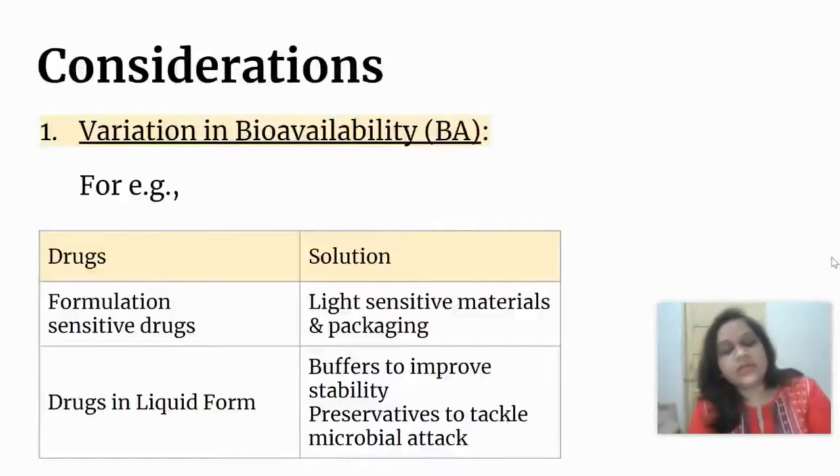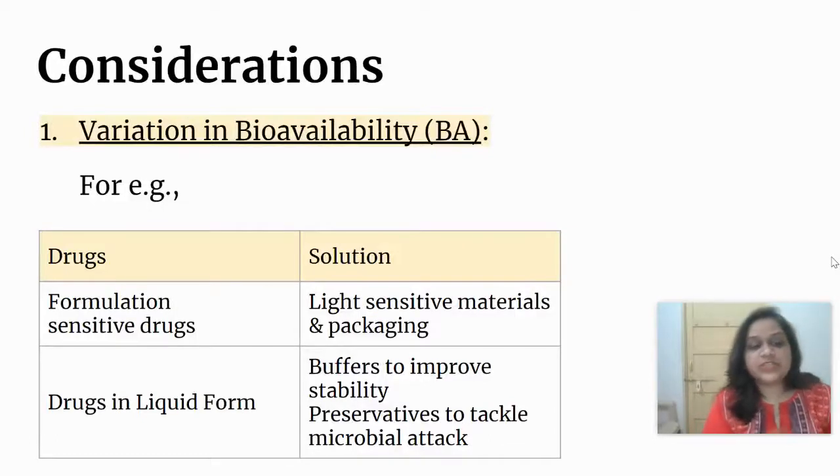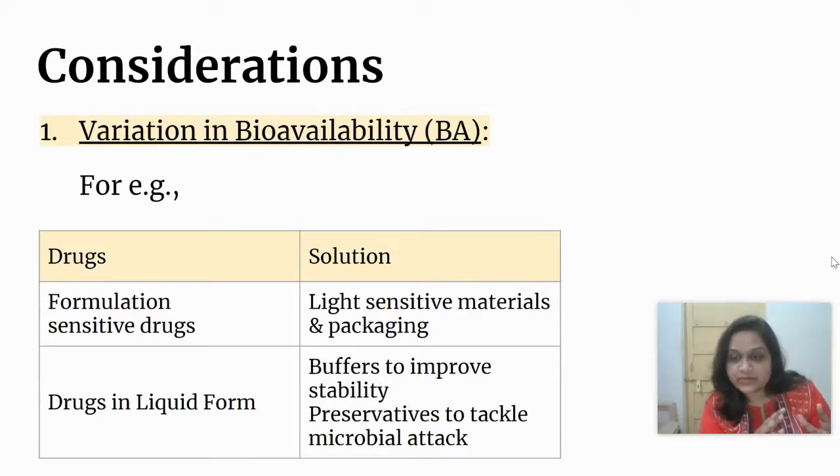For example, drugs which are sensitive can't go into just any formulation; light-sensitive materials can be added, and the packaging should be enhanced to formulate the sensitive drugs.